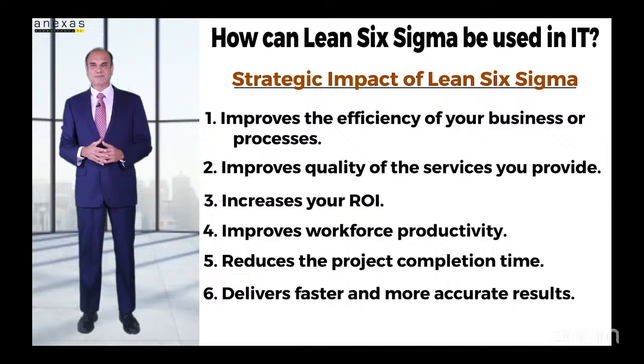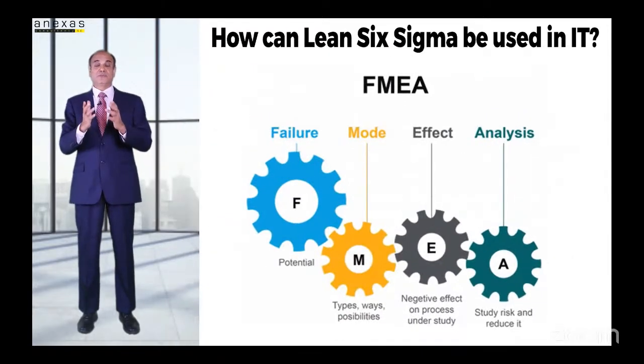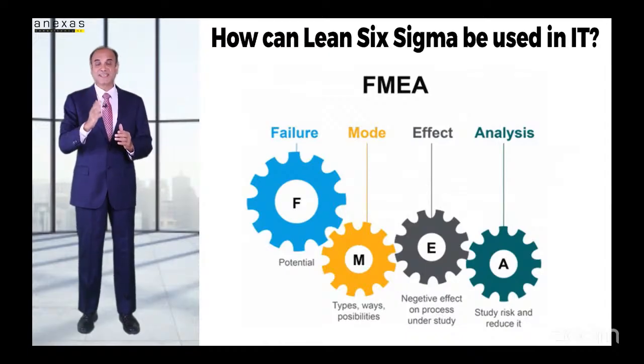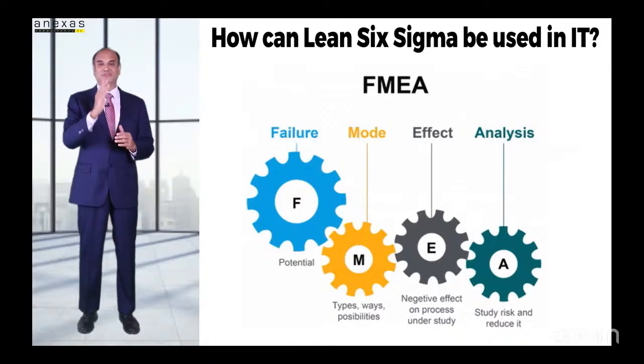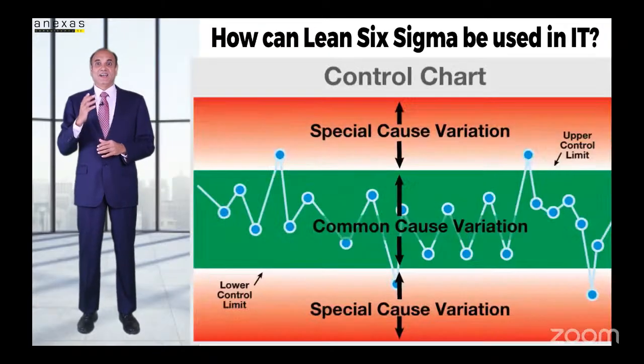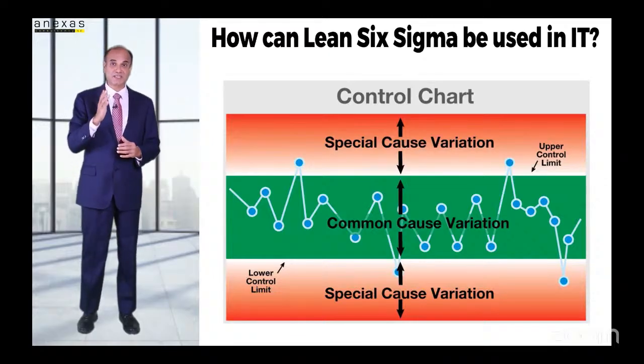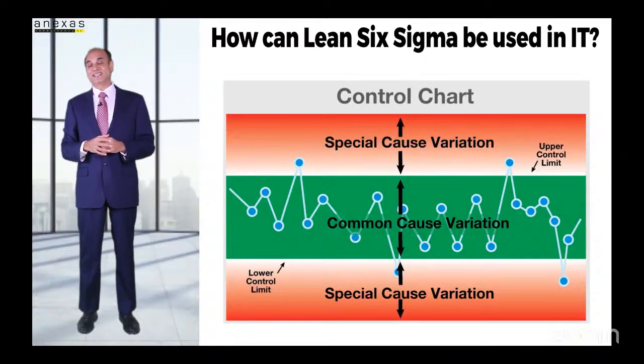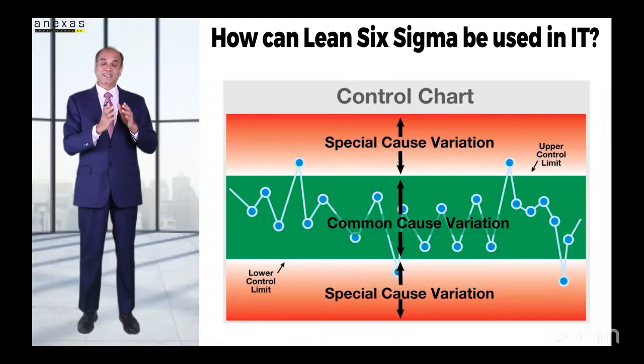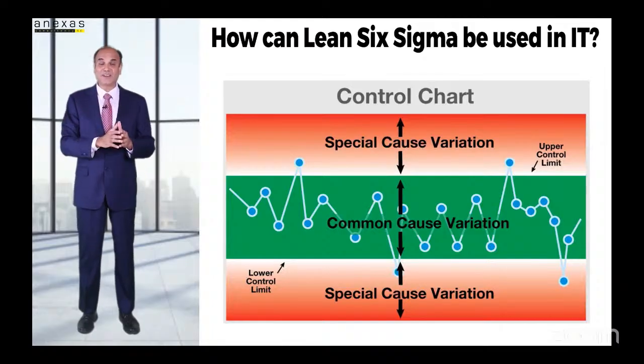To give you examples, some of the tools which have yielded excellent results are the use of FMEA. It has resulted in identifying the mistakes and also preventing those mistakes from occurring. Use of control charts has helped many organizations to find the special causes and appropriately take action on them. And by identifying the difference between the common causes and special causes, these organizations have been able to take long-term